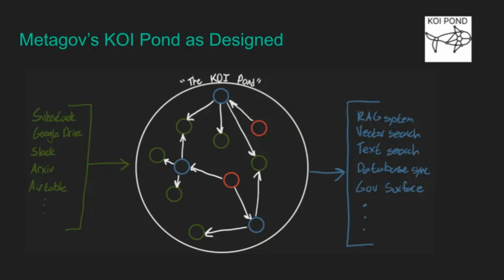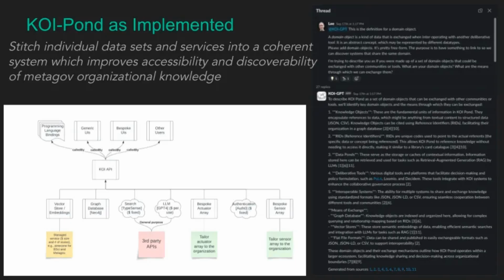And what's useful is that you can call up this particular Koi GPT. There's a little example, a little conversation that Ellie from Metagov is having with Koi GPT, asking it some questions, basically using the materials that are in this RAG system, but that have importantly been governed and curated